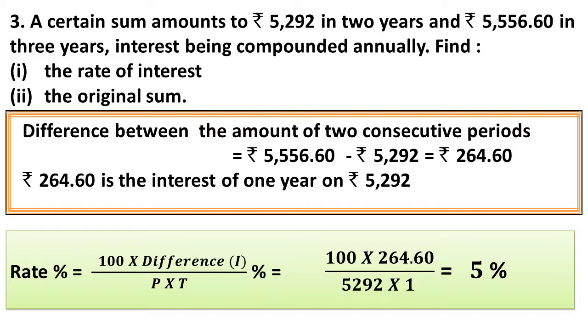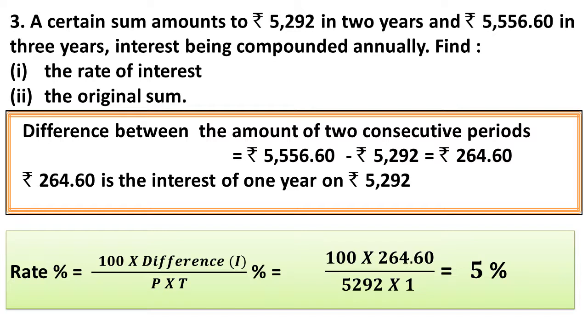If I want to calculate the compound interest for the third year, then I need to know the amount of the second year. So here, when we are calculating, the principal is nothing but the amount of the first year among the given two. Or in other way you can keep in mind, among the given two amounts, the least is the principal to be considered for calculating the rate of interest. So the rate of interest is 5%.